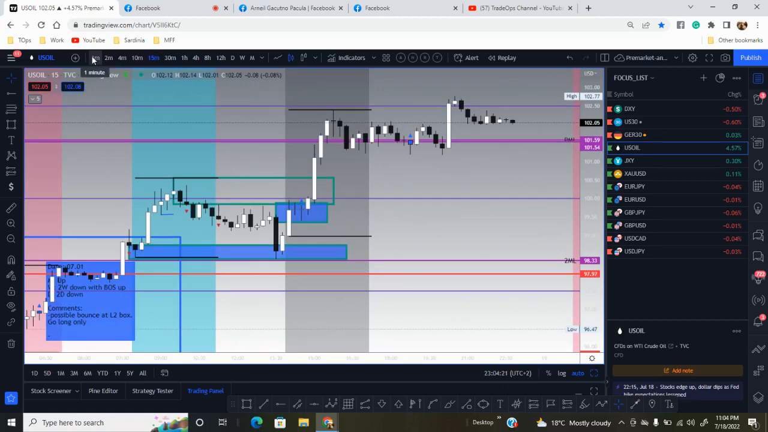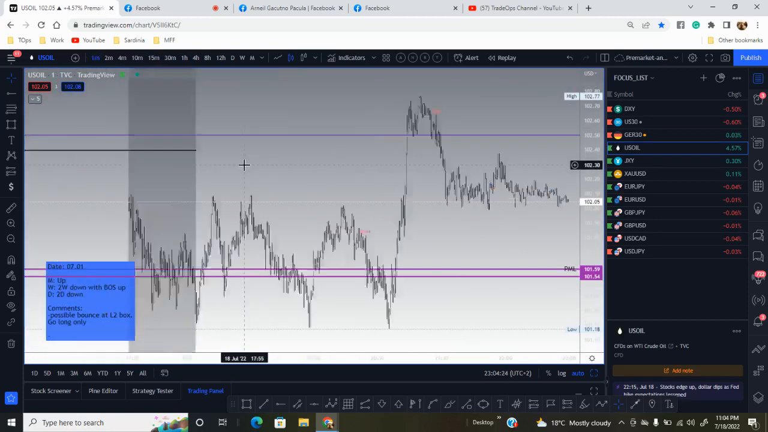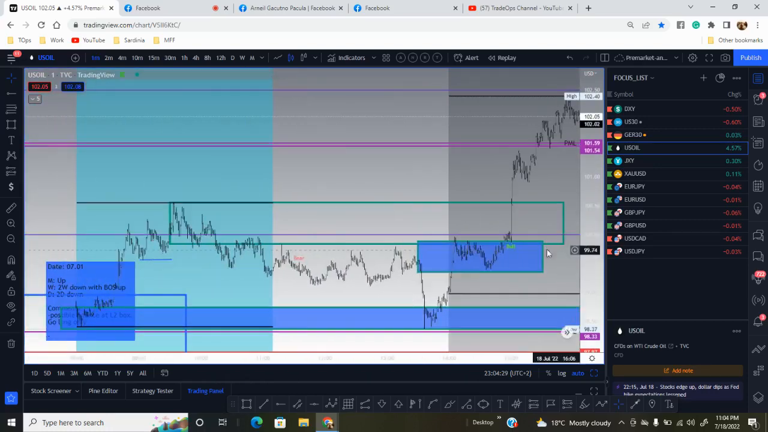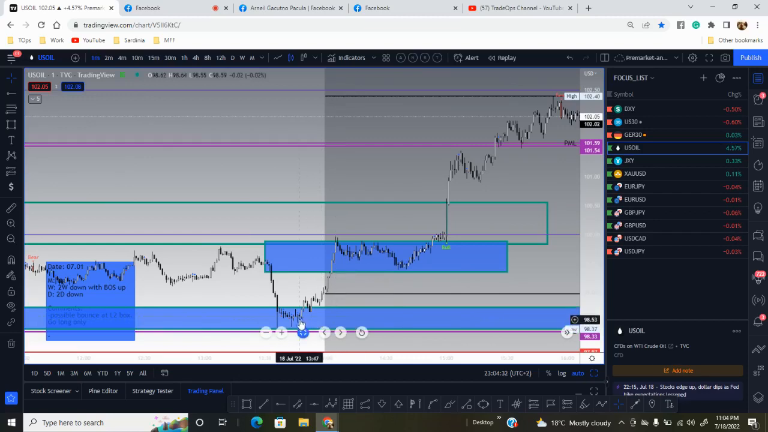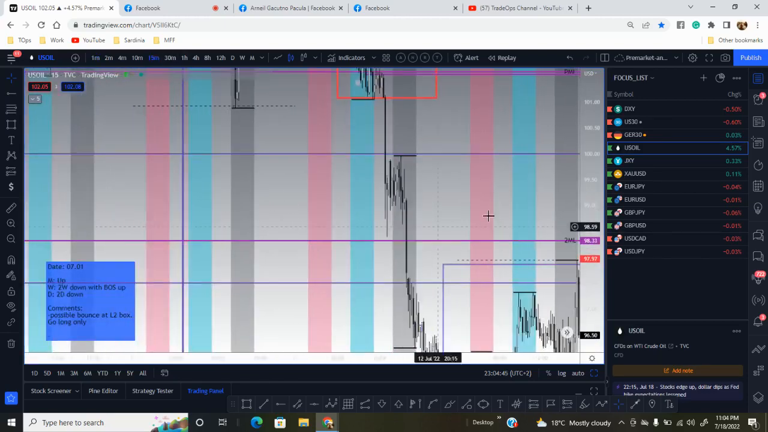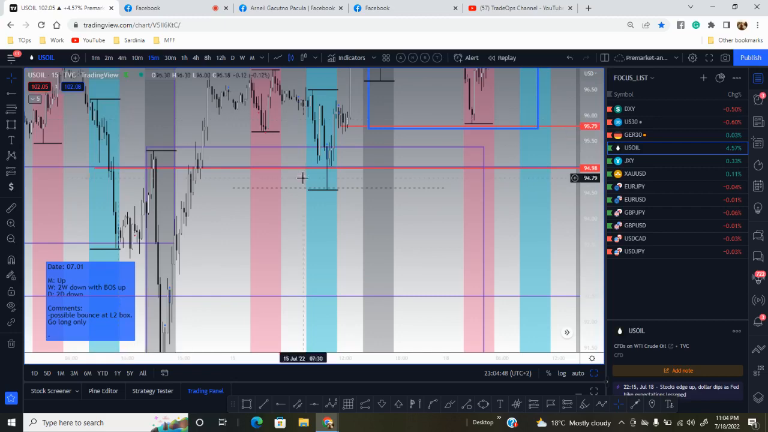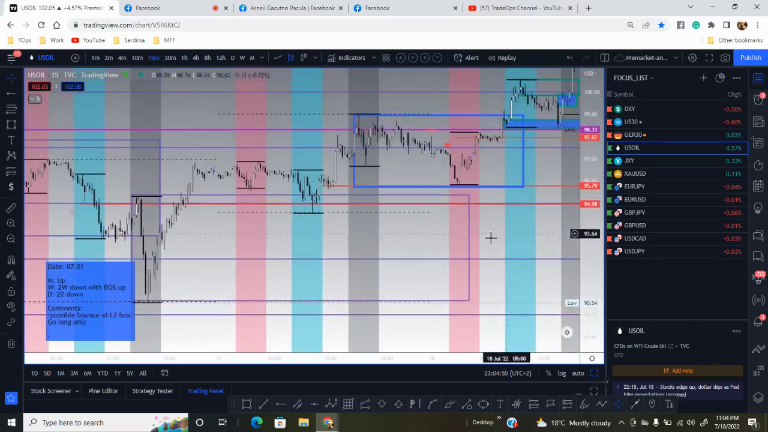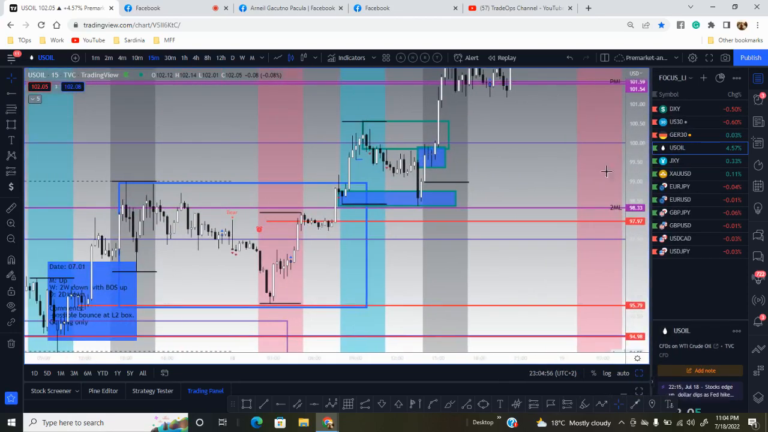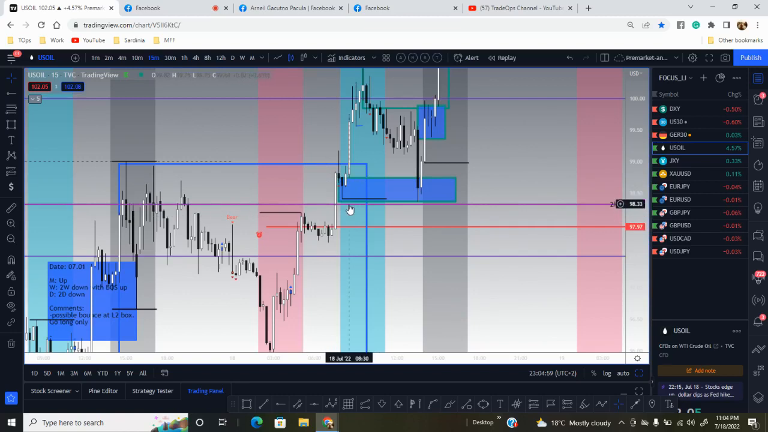Okay, so silipin natin yung US oil. So sa ating entry, paano ba tayo mag-entry kapag ganito? So ito yung bounce sa order block. So yung pinaka earliest entry is the pullback to the order block. Kasi kung ito yung order block, okay, ito yung order block,